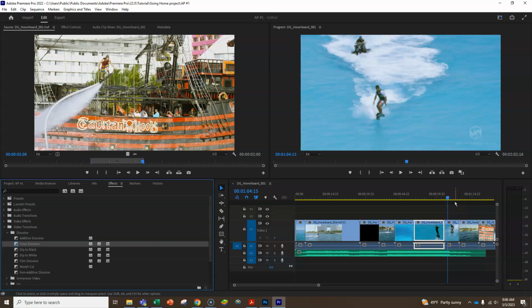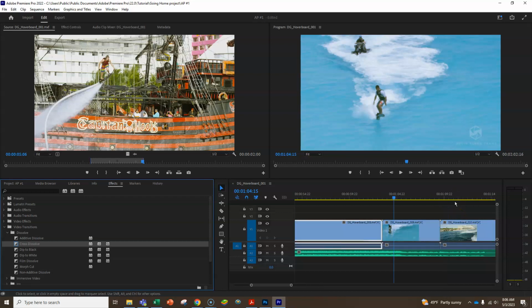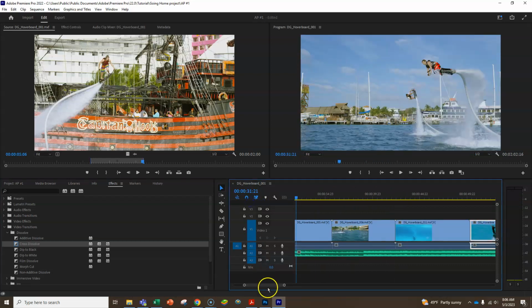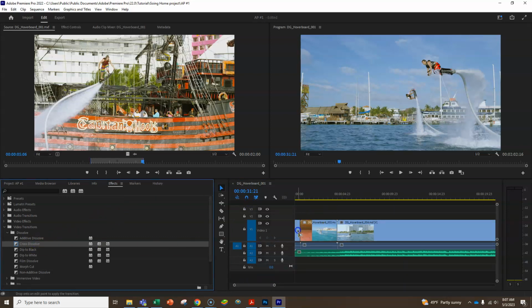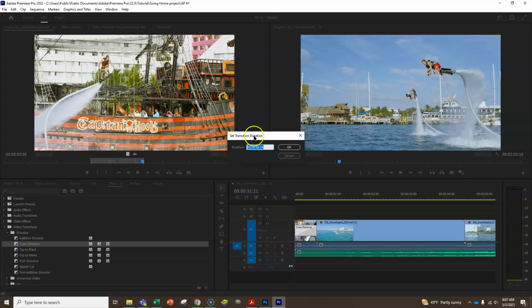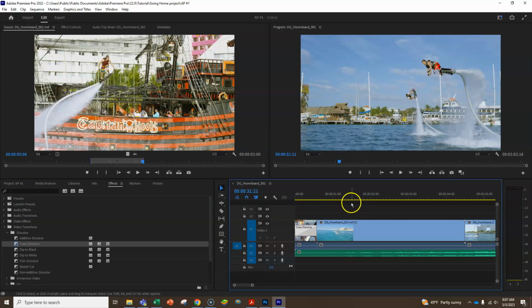So what I'll do is I'll use the plus sign to kind of drag this out. I'm going to go back to the beginning so I can see the beginning, or I can drag it like this, and then I can drag my cross dissolve over. So, and I can click on my cross dissolve and actually have it come across even further. So if I double click on the cross dissolve right here, it'll come up with a set transition duration, and I can actually make that for however many seconds I want. So let's say I want that to go for the first second, like so. It'll make that adjustment. So if I play my clip,